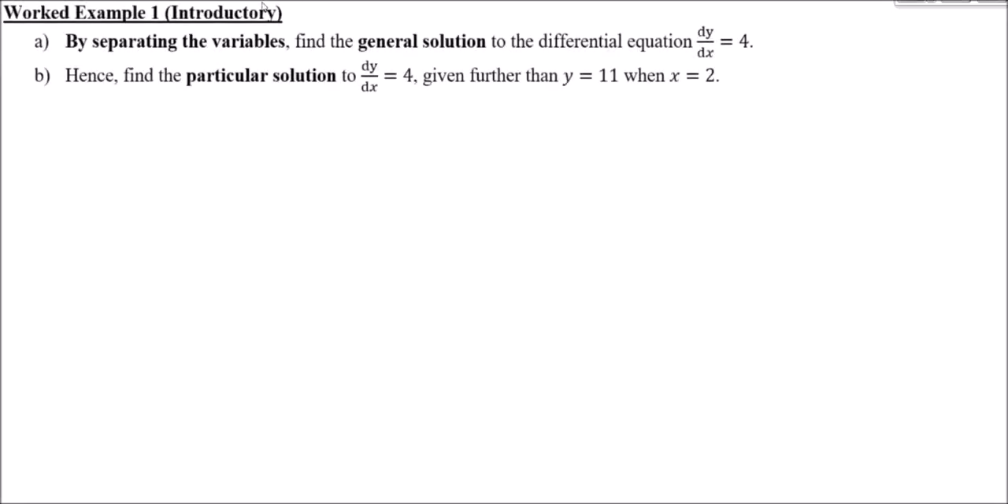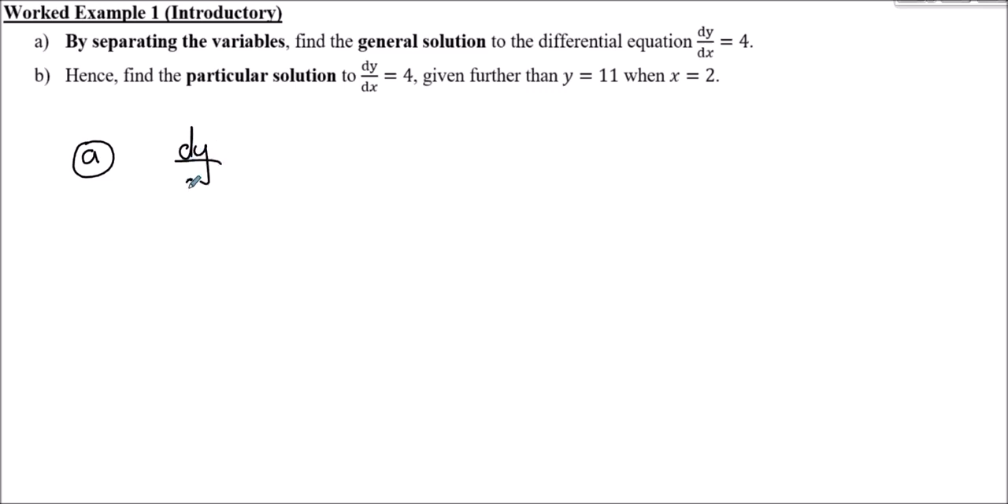So worked example 1, which is purely introductory. By separating the variables, find the general solution to this differential equation, dy by dx equals 4. I know you know the answer to this, but let's stick with the concept. Part B, we're then going to find the particular solution to that, given further that y is 11 when x equals 2. So, obviously, let's just do this as I'm intending. So, for part A,